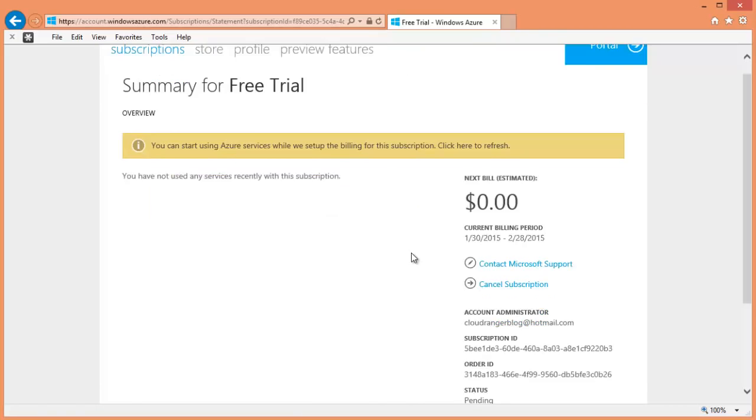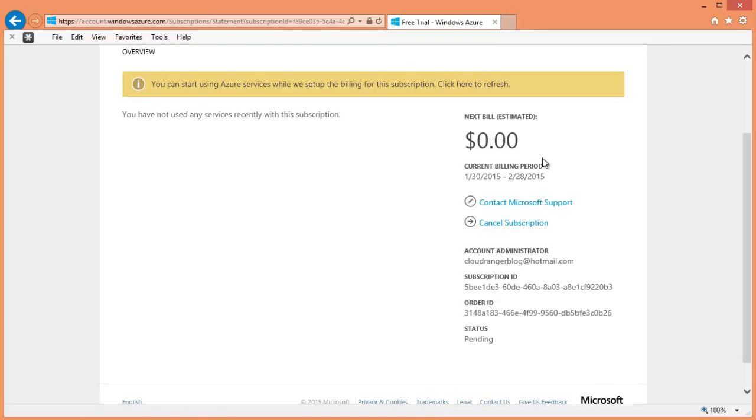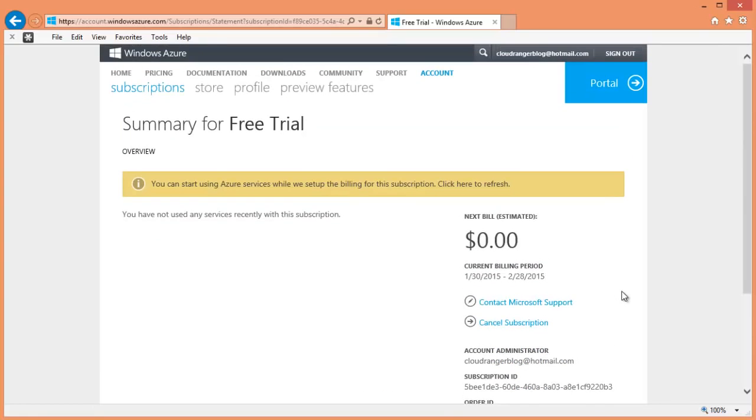The other thing I want to show you here is that if you wanted to cancel a subscription for whatever reason, you'd click on this cancel subscription. You obviously don't want to click that right now and cancel your free trial, but this is where you would cancel a subscription. If you cancel a subscription, that subscription still stays in your Azure account. What I have noticed is they will show you the subscription was there and it was canceled, but they really never remove it from your Azure account. You'll actually have to call Microsoft support to remove that information